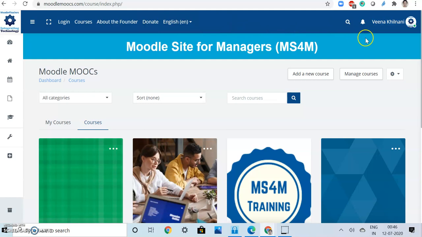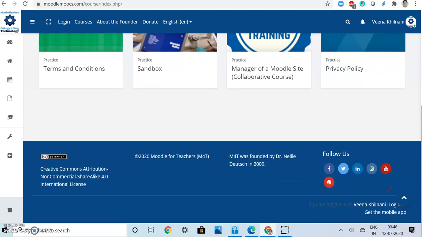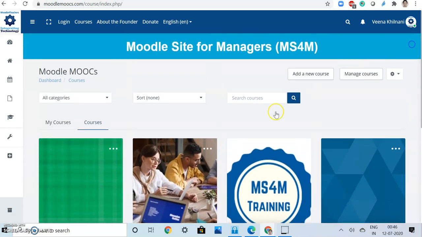So these were the particulars that we could see on this site, and you can see at the bottom the Creative Commons attribution. The symbols over here reveal it's an open course for all. Then you have the information about the founder and also the year of foundation, and it can be followed on these different social sites. And you can also log off from the bottom over here. So these were the different parts that we could see over here.